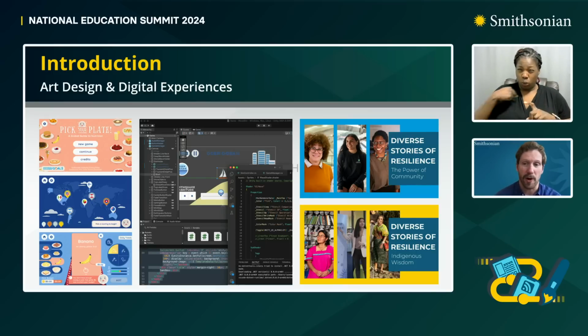We collaborate through art, design, and digital experience to promote STEM and STEAM education. From high concept all the way to the day-to-day production, this close team considers every element of what is published digitally at the Smithsonian Science Education Center and how it can be the best experience for our audience.